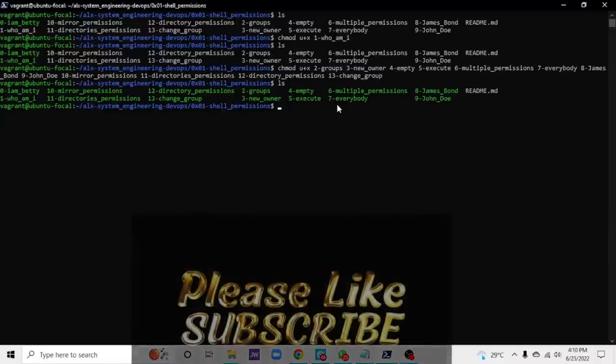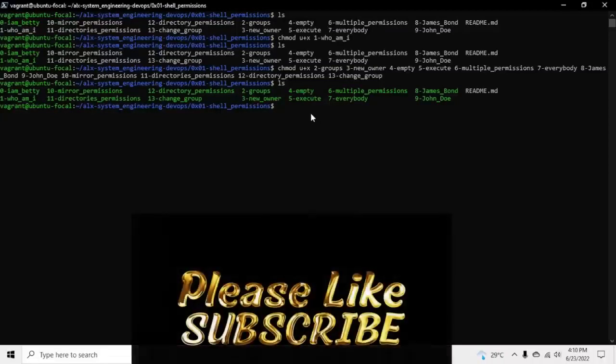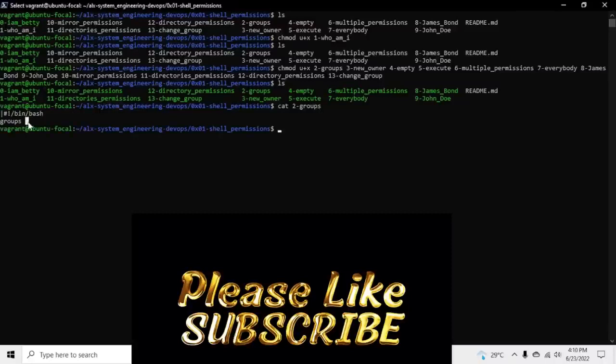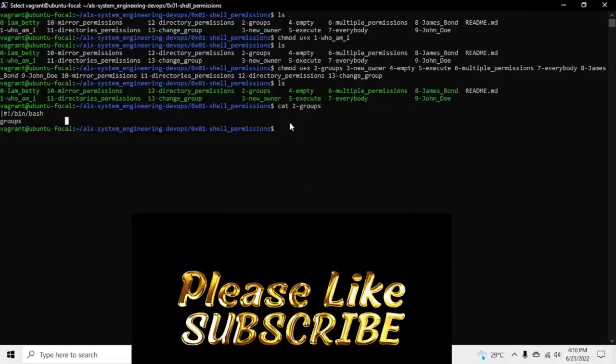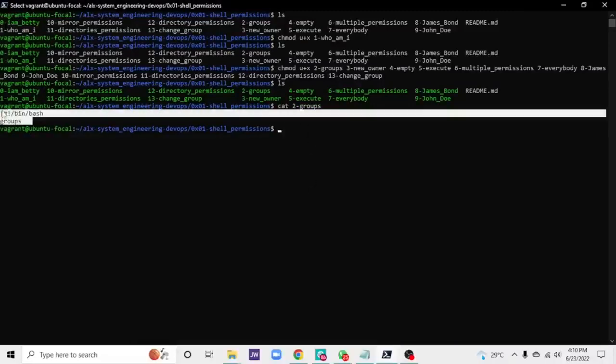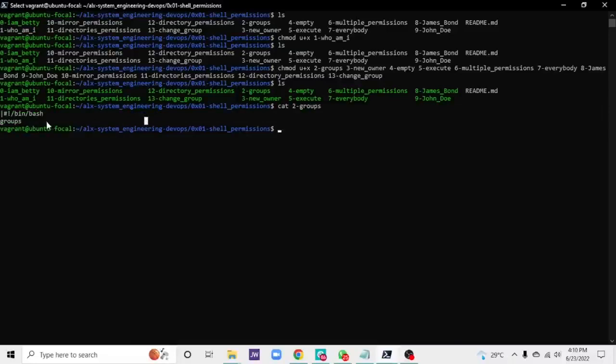So I've created all the files, I've written all the answers in them. There may be little mistakes like typographical errors and the rest. So you could just easily do cat and any of the files, press enter, and you would see what you wrote for each of the files without going back to vi. So you could see if any of them have typos or the rest. After confirming that everything is okay,